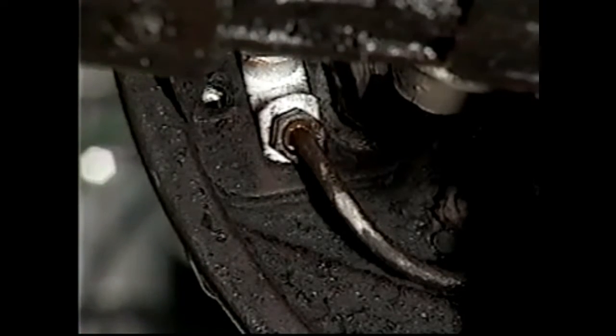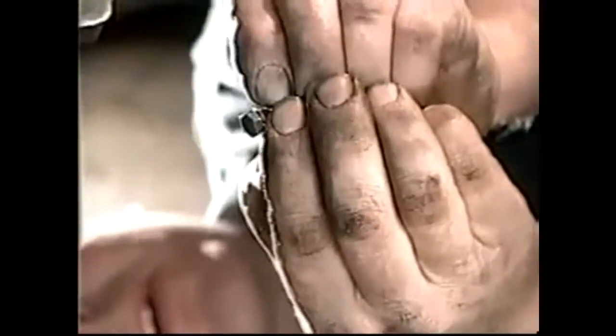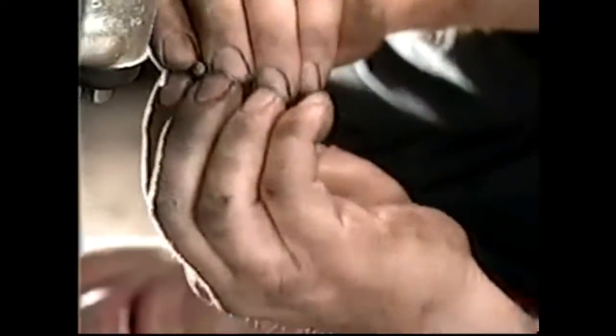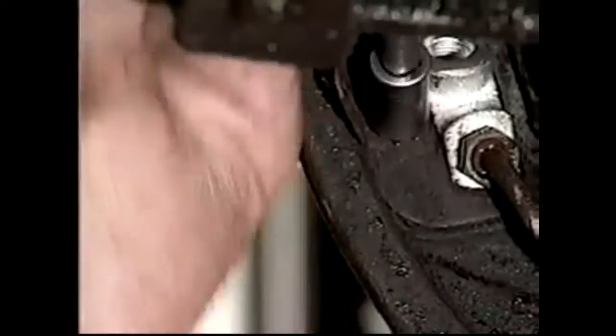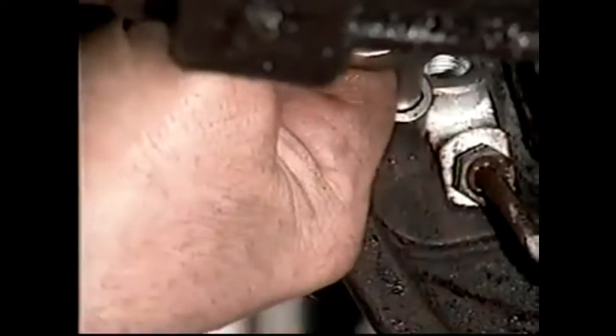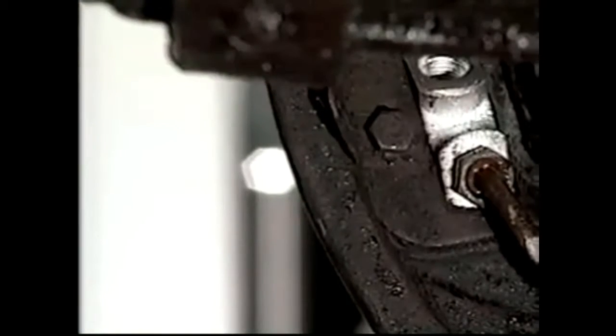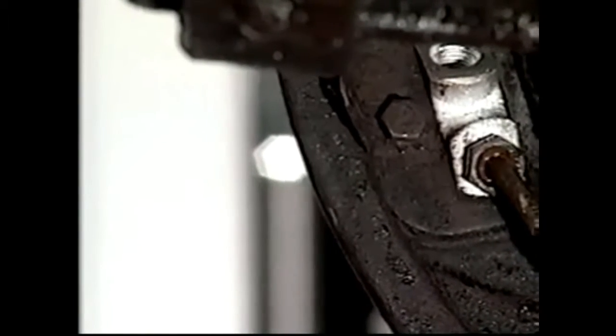I'm then going to fit the bolt. I fitted a new lock tab to the bolt. I'm going to put that in. I'll put that all the way in, like so. Have to bend up the lock tab ears. Just take a pair of